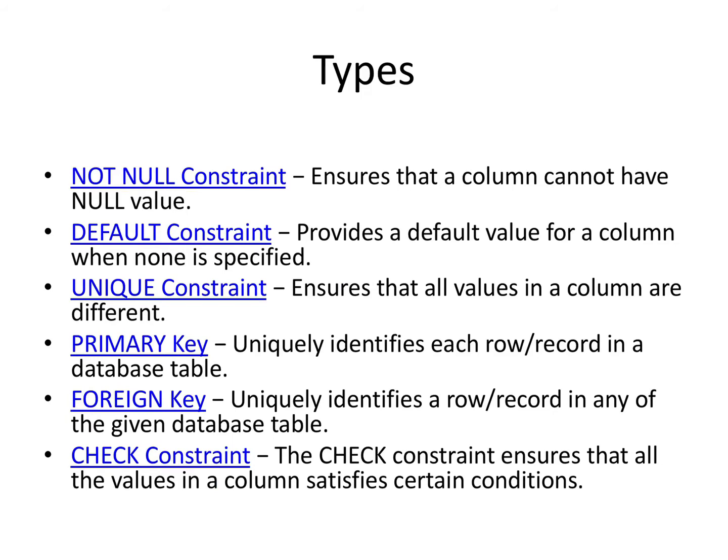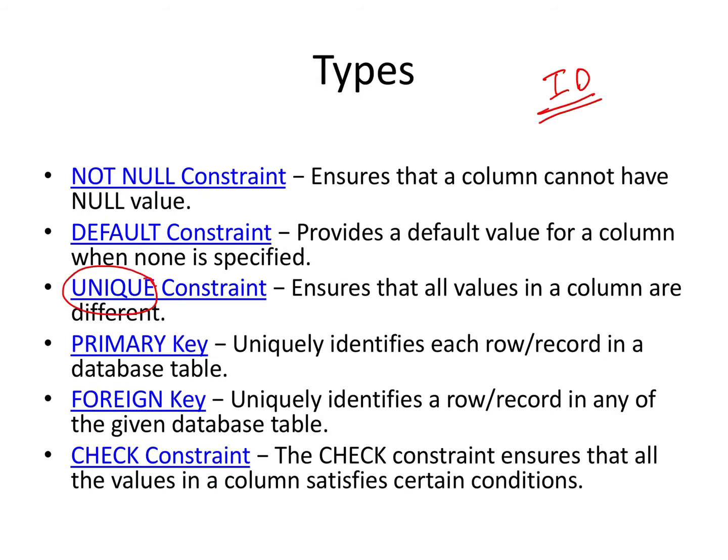Then there is unique. You can also ensure that a certain column has unique values. For example, if there is a column called student USN or student ID, ID is something which is unique for any person. Employee ID, for example, if it is an employee table and I have employee ID there, then I'm expecting that each and every person should have a unique ID. So I can mention that it is unique. That constraint I can put.